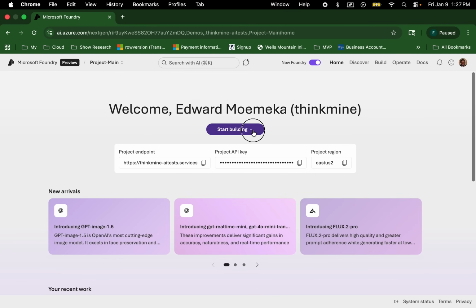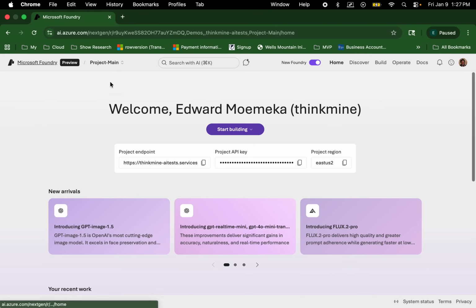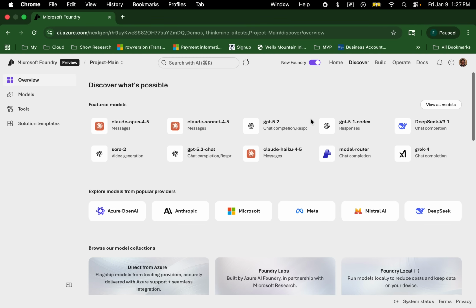Another thing you can do is you can get to the models by clicking here and clicking Browse Models, which will take you directly into the models so you can see all of them, and then you can filter them as you see fit. And then finally, the best way of working with models is to click on Discover. And when you click on Discover, you'll get an experience similar to the experience from the legacy view. You'll have your featured models,